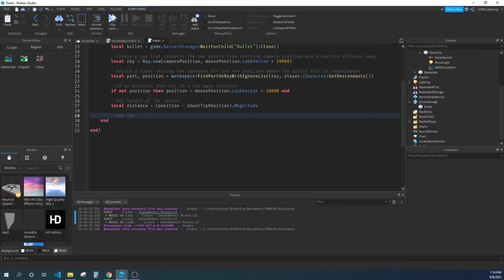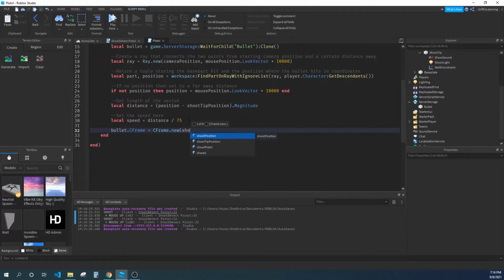So set the speed here. So do local speed equals distance divided by 75. So this 75 is 75 studs per second. That's how fast the bullet will travel. And then we want to get the bullet CFrame. So let's write bullet.CFrame equals CFrame.new(shoot tip position, mouse position.Position). And then we want to start a new TweenInfo